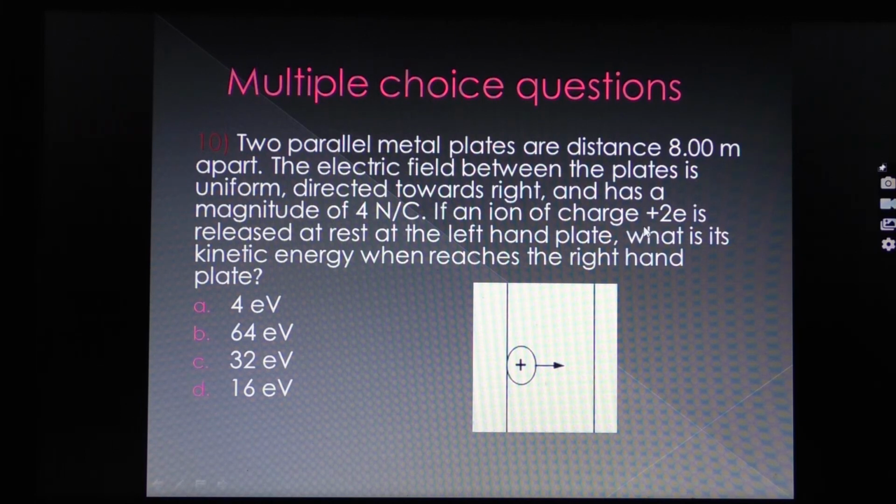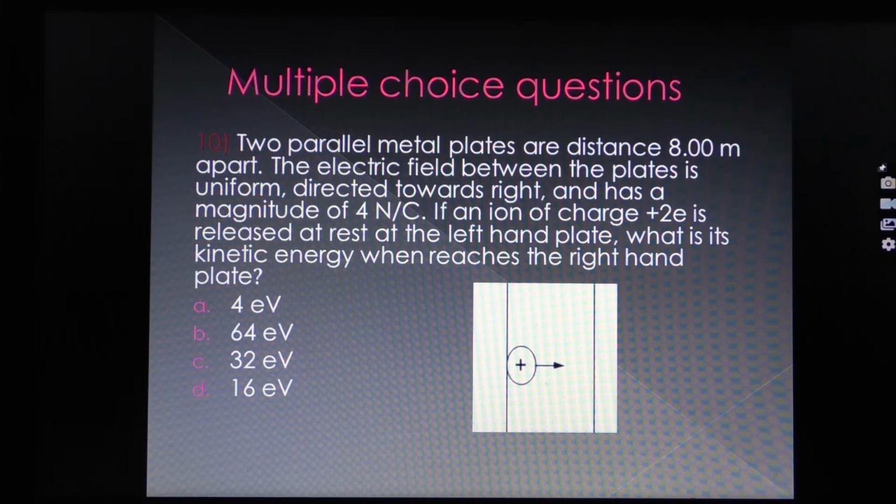Plus 2e is the charge. So knowing the values of D, E and Q, where do we have to put them? Yes, in the same equation, W is equal to Q into delta V. Alright, but we notice here delta V, we have to convert it from the equation of